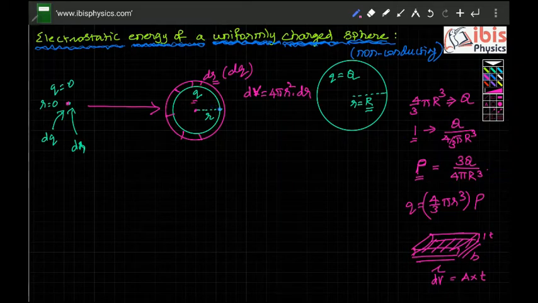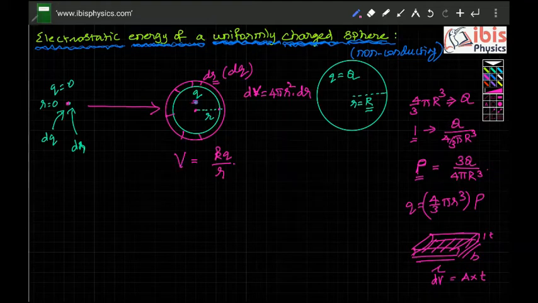Then at the surface, it has a potential. So what is that potential? The potential V is equal to KQ by R. This much potential is there because its radius is R and the charge is Q, so the potential at the surface is KQ by R. When you add 1 coulomb of charge, this much work is done. That's the meaning of potential: potential is the work done to add 1 coulomb of charge.